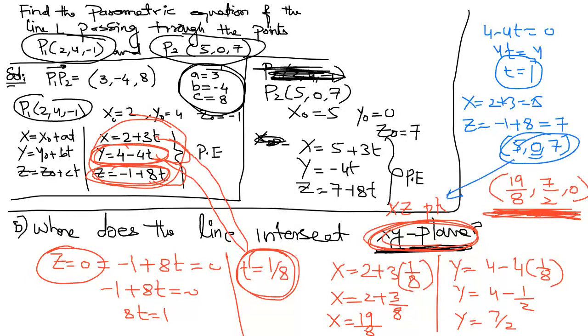Okay. So similarly, you can find the yz plane and any other plane. Got it? Is this clear? Okay. So this is about the parametric